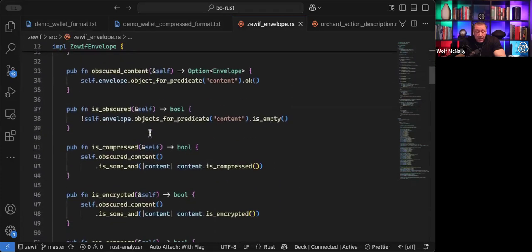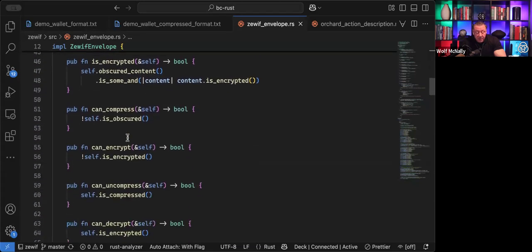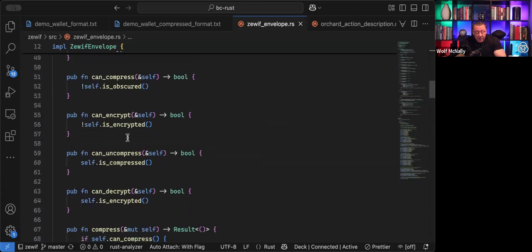digest, get back the envelope, see if the content is obscured. In Gordian envelope, obscured means either compressed or encrypted. Or elided. Elided basically means the data is not there at all. It's just the digest is left. So in this case, we're supporting compression and encryption. But this basically gets back to the obscured content. You can also say, is it obscured? Is it compressed? Is it encrypted? And of course, a bunch of other